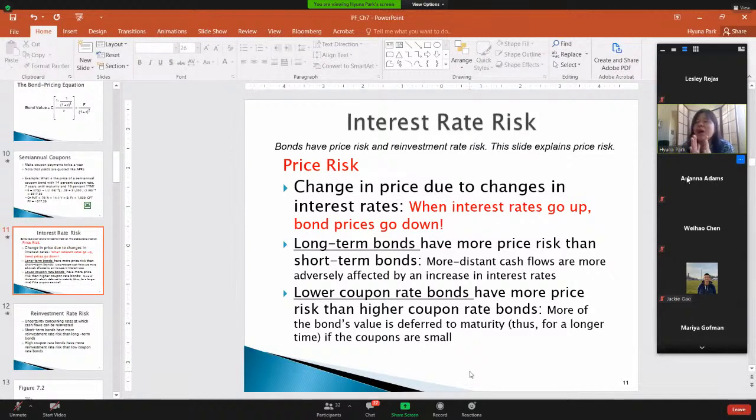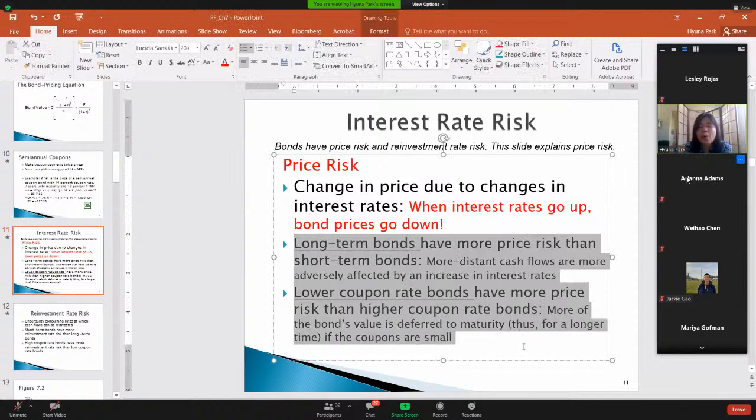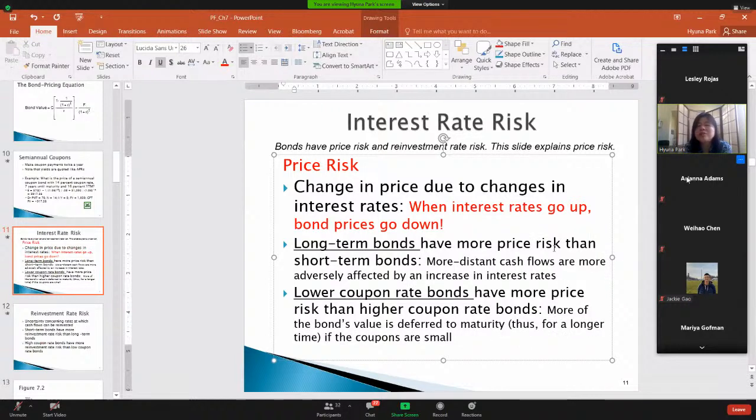But what kind of bonds have more interest rate risk than others? This price risk is higher when maturity is longer. So you should remember this. Long-term bonds and lower coupon bonds have more interest rate risk than others. So why do long-term bonds have more interest rate risk than short-term bonds? Because